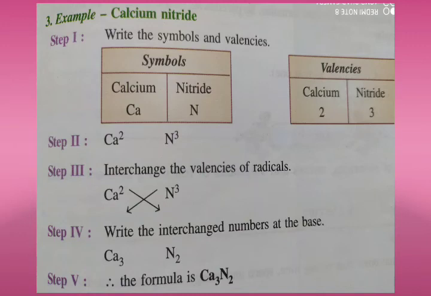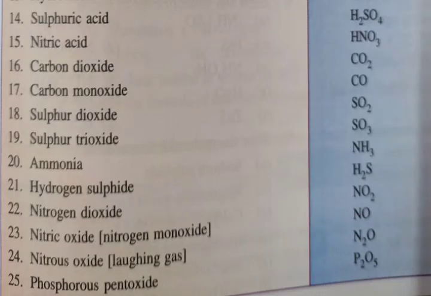Significance of molecular formula. The molecular formula of a compound, other than saving time, space and energy, also gives us the following information. First, it represents one molecule of a compound. Second, the number of each kind of atom present, means the ratio in which the atoms are present in one molecule. And third, the mass of one molecule of the compound can be calculated.